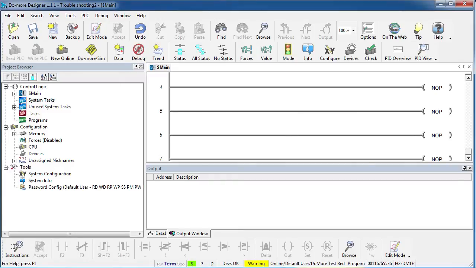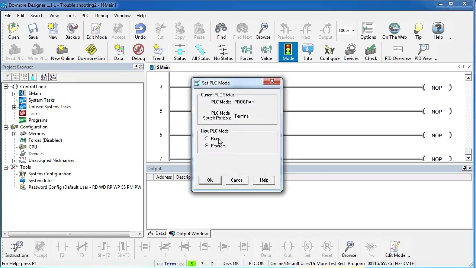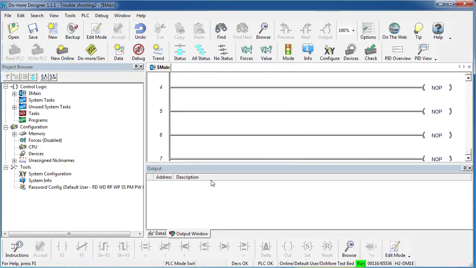If I plug the power back into the terminator slave, wait for the error messages to clear, and now try and put the PLC back in run mode, it works exactly as expected. Perfect. Note that while we've been using the Do More Designer to do all this debugging and diagnostics via the